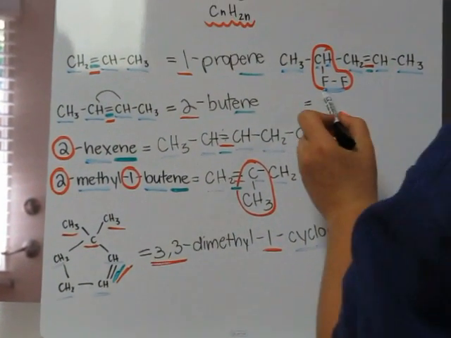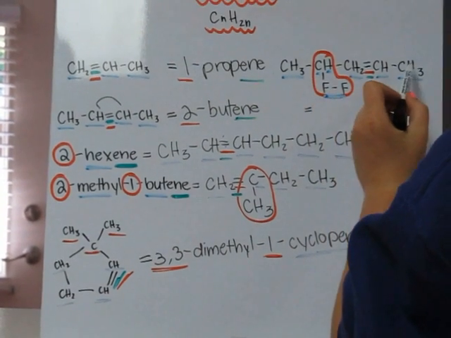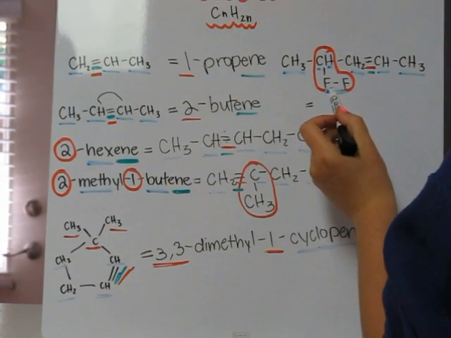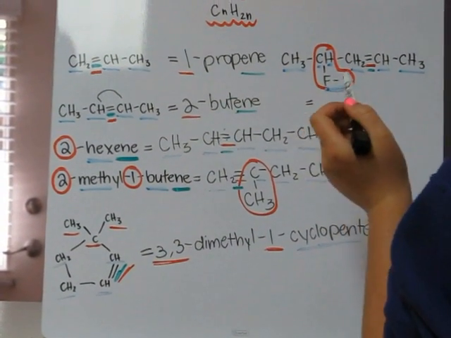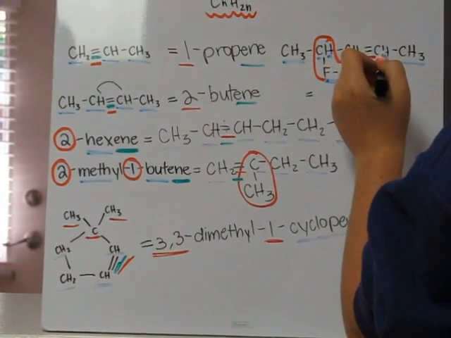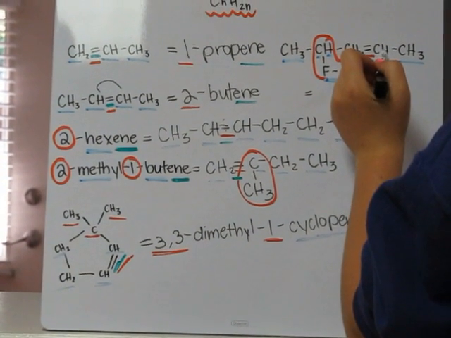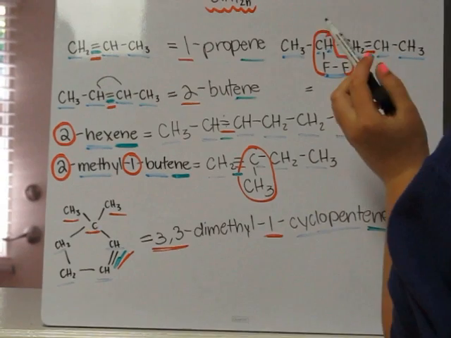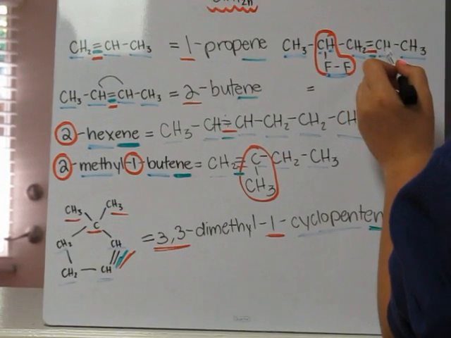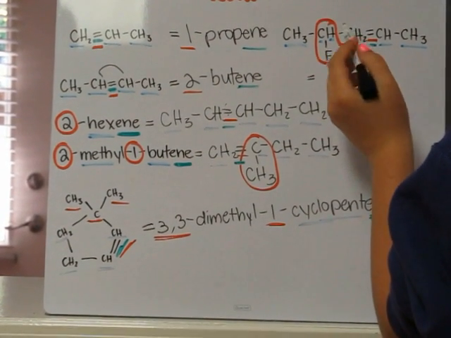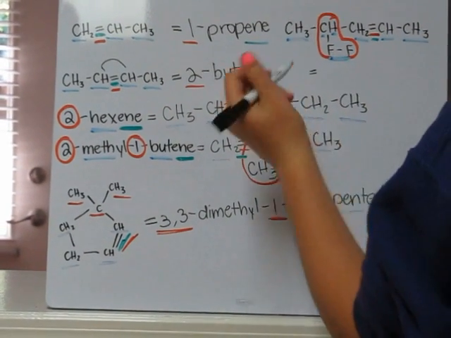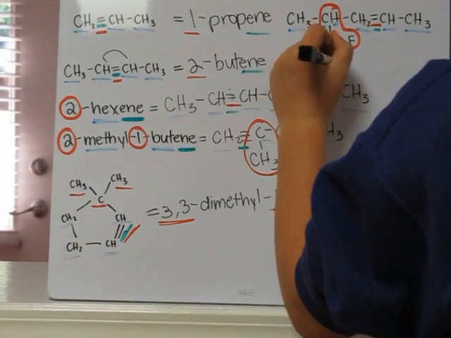Our last example up here, we have 1, 2, 3, 4, 5 carbons. So we know it's going to be pent, -ene, and we have 2 fluorines on the second carbon, and our double bond is on the third carbon. Nope, you want to start from the side that gives it the lowest number. So you actually would start from the right because that would make it on the second carbon. So that would make your fluorines on the 4th carbon. So it would be 4,4, because you have 2 of them,